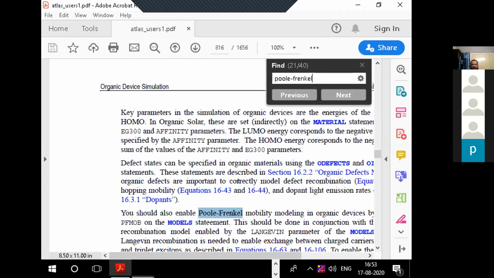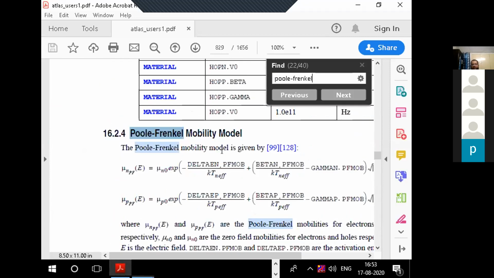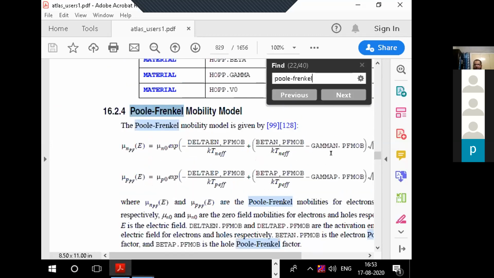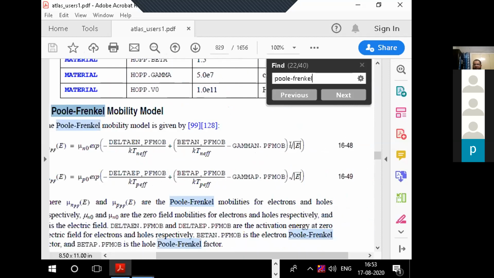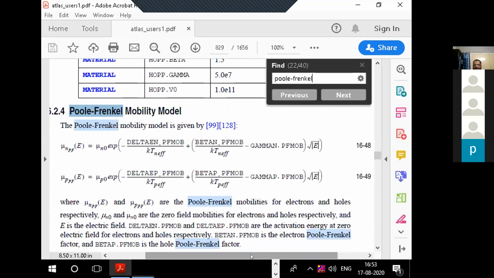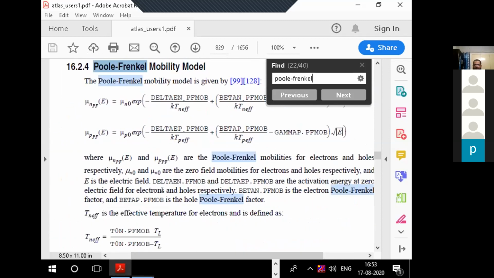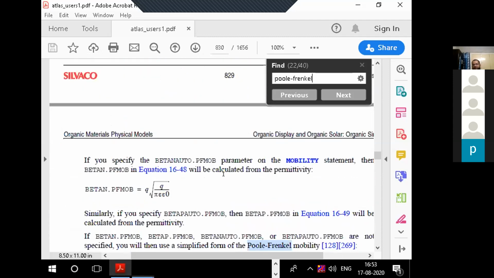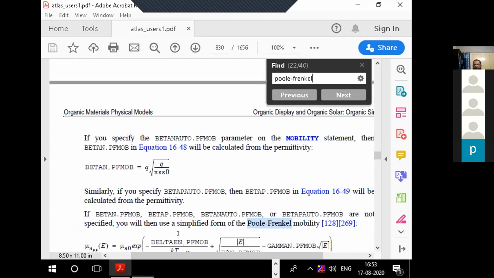There are a lot of Poole-Frenkel models, like barrier lowering models. So here I have mobility modeling also. So we can understand the statement, how the model is working. The square root of the electric field is the specific characteristic of Poole-Frenkel mobility. So that is the major function, but implemented using some commands. So we need to put the values of those commands, like mobility and all that. So we need to modify our command statements for our specific application. For example, if you want to capture the effects of Poole-Frenkel mobility, we need to mention it in the command window. So the Atlas manual comes very handy in modifying our program.